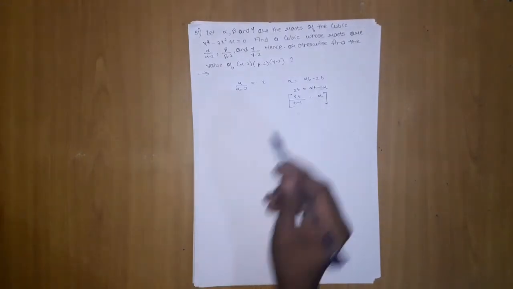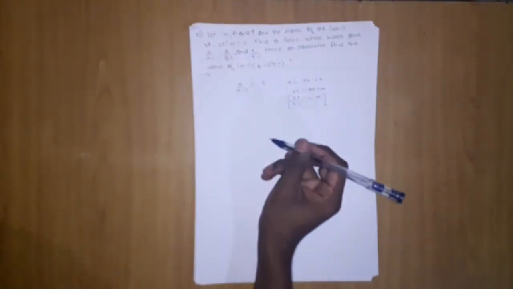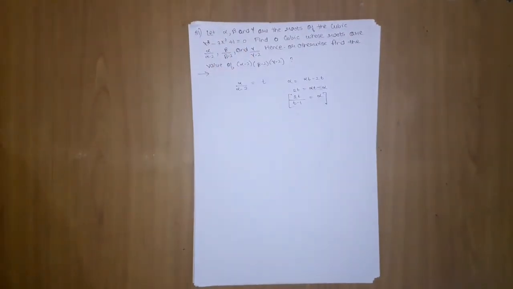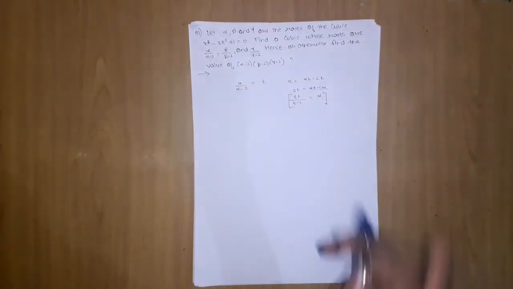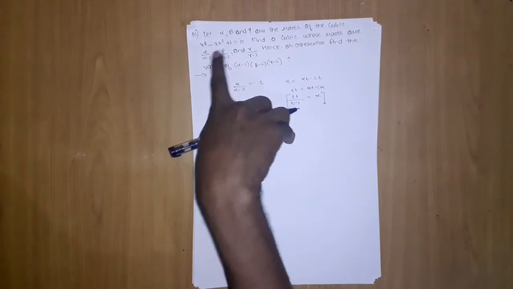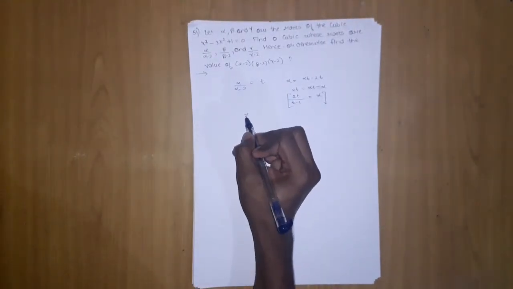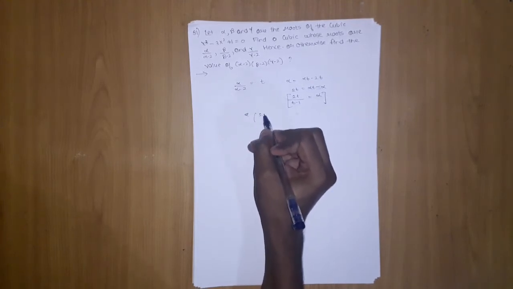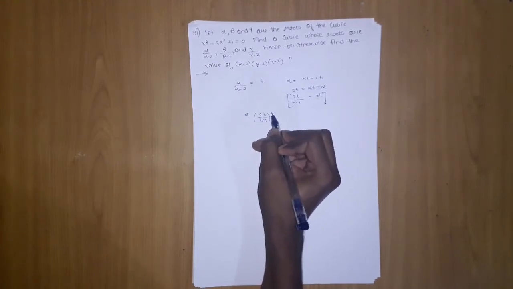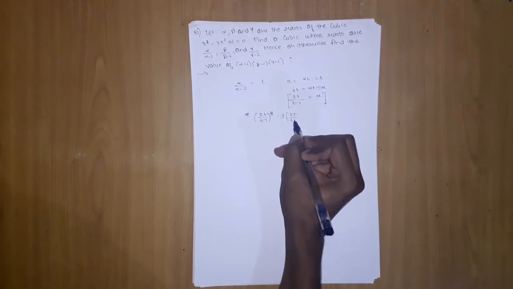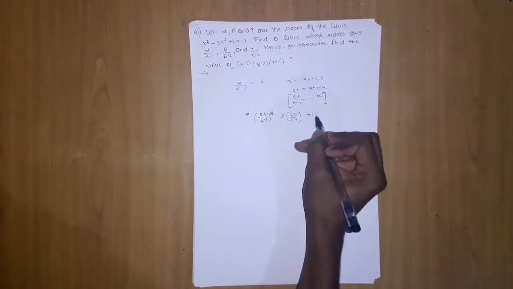Okay, so we got alpha. Now we know alpha is the root of this, so we will put it in, and we know t is the root of this cubic equation which we need to find. When we place alpha here, which will be 2t upon t minus 1, the whole cube, minus 3 into 2t upon t minus 1, plus 1 equal to 0.